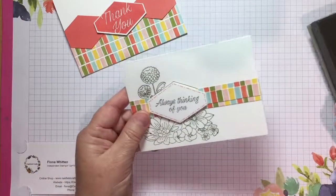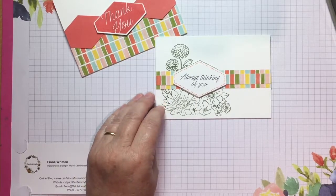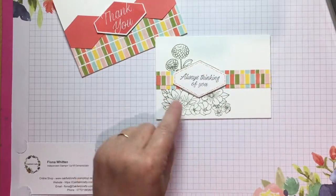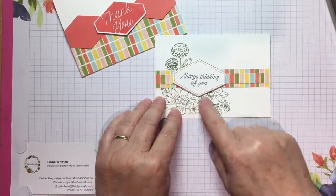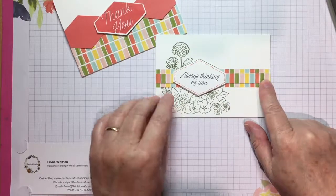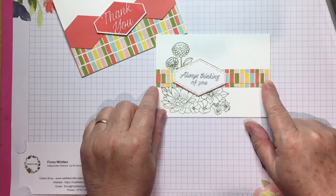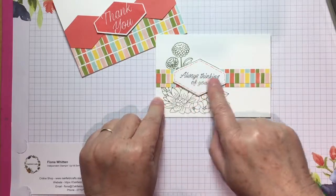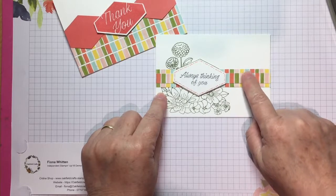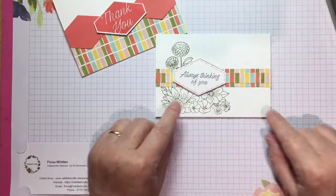So this one is a version of one of the ones that I did on Saturday, so it's sort of an updated version of this one. So stamped the image. I first of all glued a piece of the paper across, and then I actually had another smaller strip which was just lying around on my table, so I thought, oh, I wonder if I did that, put this on. So what I did was I actually stuck it over the top but moved it along one. So if you see like the yellow, the blue, the Calypso Coral,